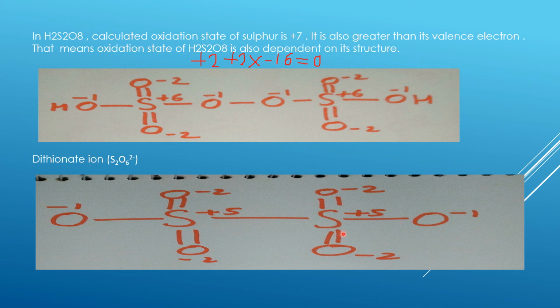Now another one I am going to take, and the same thing will be followed over here also. 2 sulfur atoms are bonded and they have the same charge, isn't it? They are the same atom, so no opposite charges will be there. So we will decide its residual charge through these 3 oxygen atoms. This is -2, this one is also -2, and this is -1. So finally the charge on it will be +5.